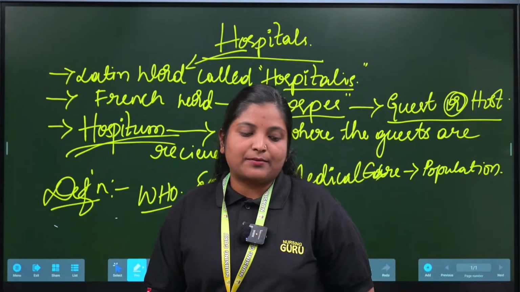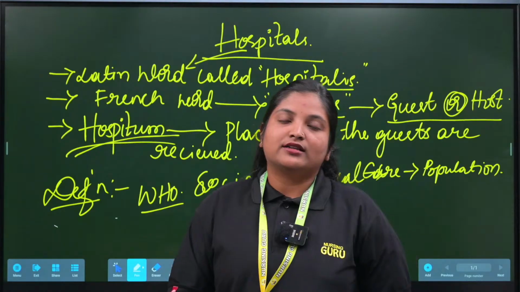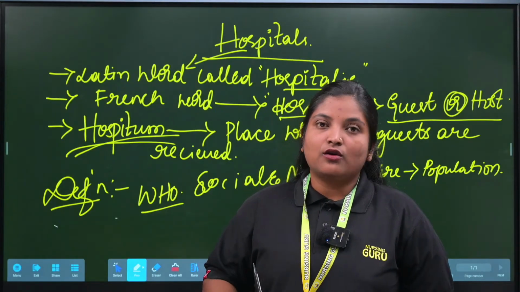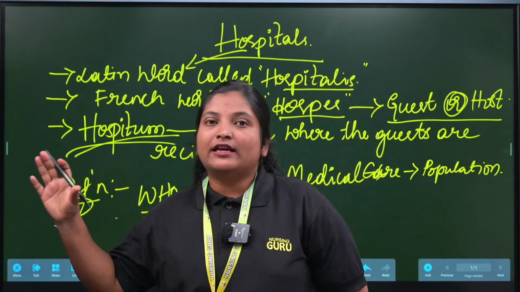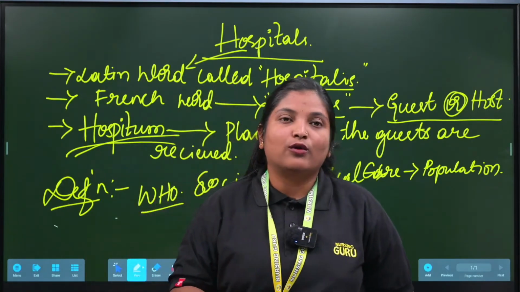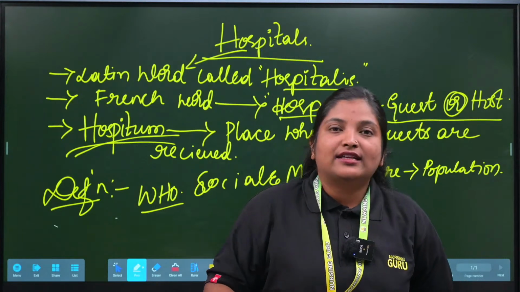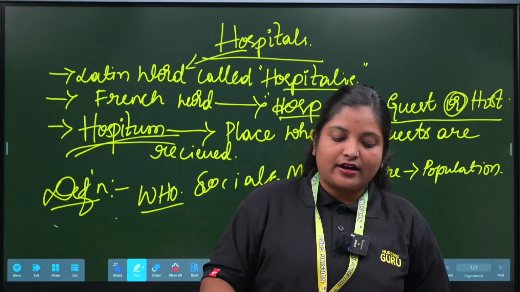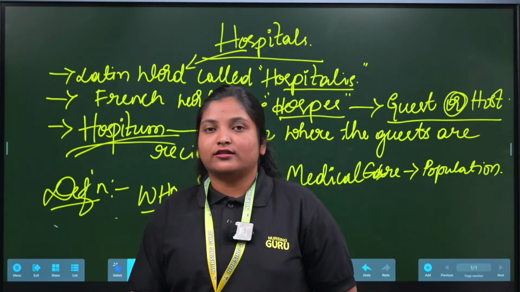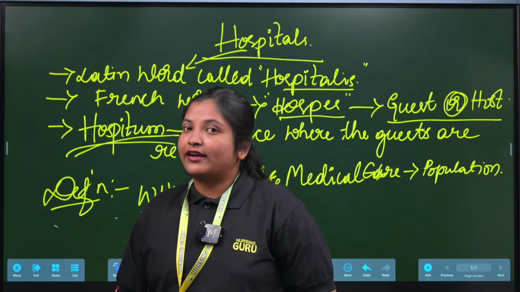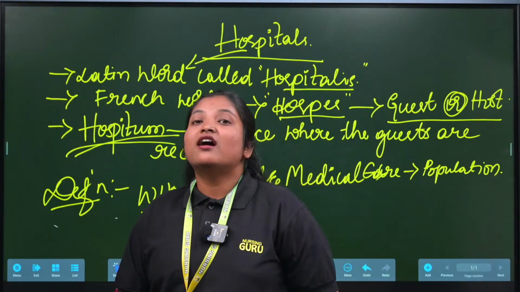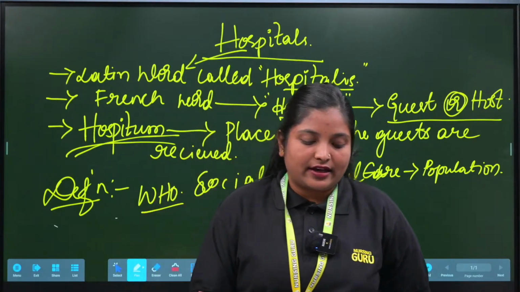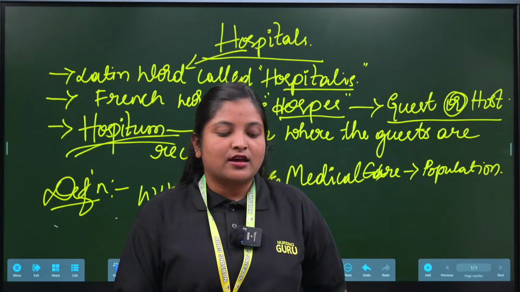The next one is, it is a place where people who are ill, the sick population, who are not well, go to take treatment, or the injured, treated and taken care of by doctors and nurses. It is a place where we get doctors and nurses for treatment of the illness or injuries of the population. Understood? Next, a hospital is an institution that is built, staffed